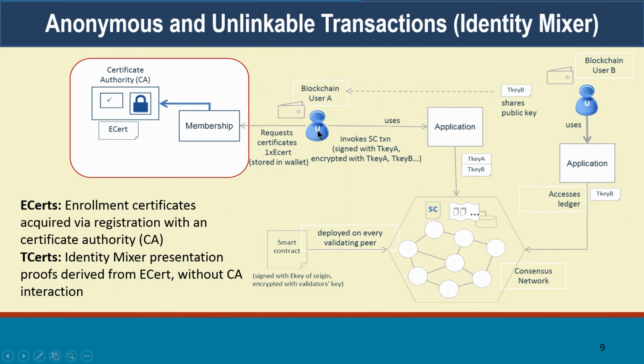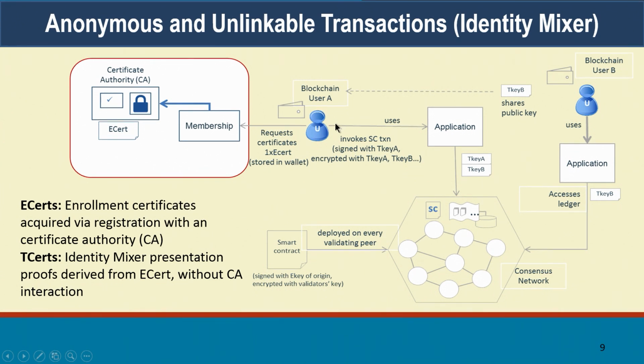But now the user is going to, when they invoke smart contract transactions, previously we had mentioned that the transaction is going to be signed by the enrollment certificate. Instead, what is possible with Identity Mixer is that the user can generate per transaction certificates. So these are specific one-time use certificates that the user can use for each transaction. And they can also have other one-time use keys that are generated just for encrypting data, like I talked about before, right? So you can generate keys for signing, you can generate keys for encryption, and all of these,